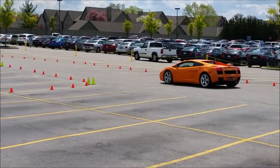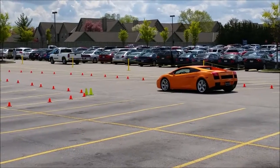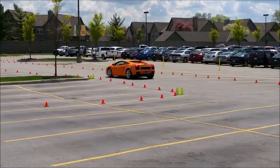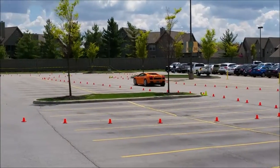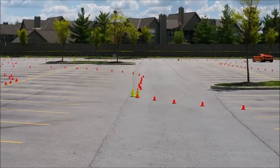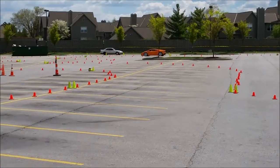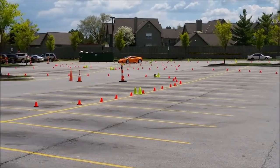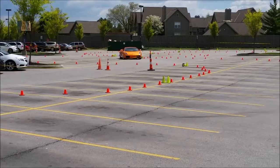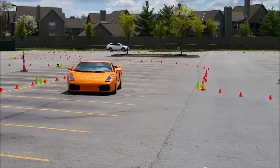First lap is a get used to the track lap, as my dad will say. That's him in the background, but I have to admit, thank you, Dad, for getting this for me. Go the Groupon route with this too. If you see this out there on Groupon, I think it's $100. It's like $500 if you go through them, and it's not worth $500. I understand they gotta pay for the insurance and all that, but it's not worth the $500 for these 3 laps. Although fun,